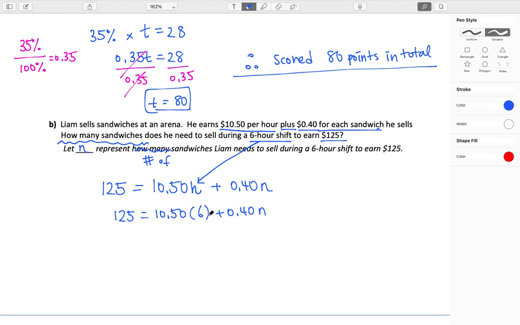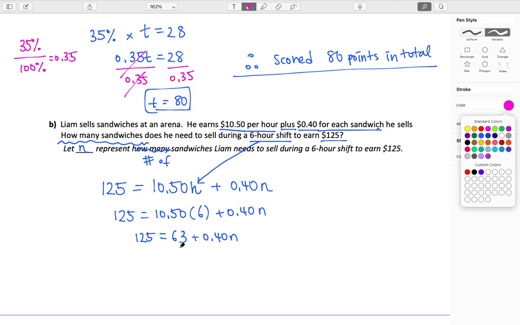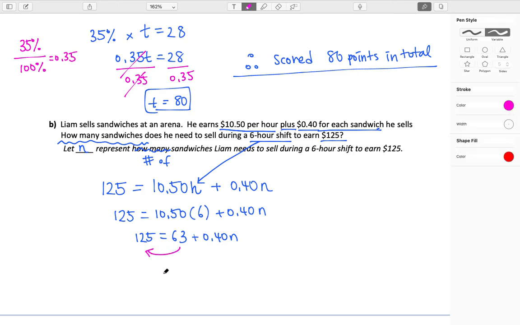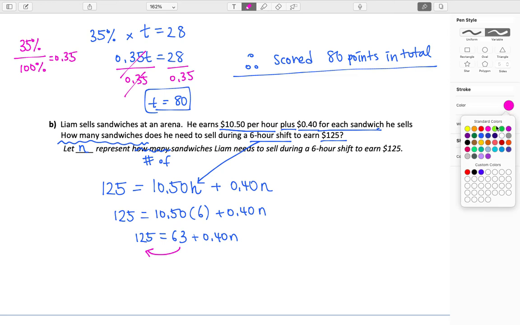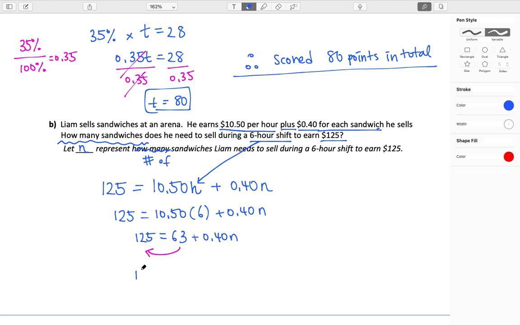So I could simplify this further. When I multiply these two, I get 125 equals 63 plus 0.4 N. And I'm going to collect the like terms by bringing the 63 to the left side. I want to put numbers together. So 125 will now become minus 63. And on the right side, I only have this. So when I subtract, I get 62